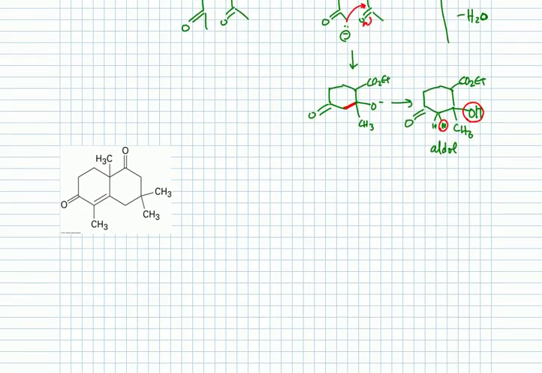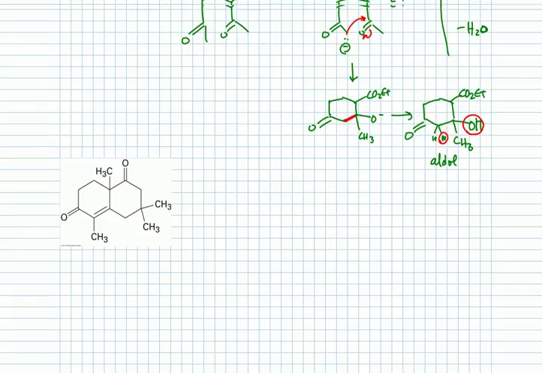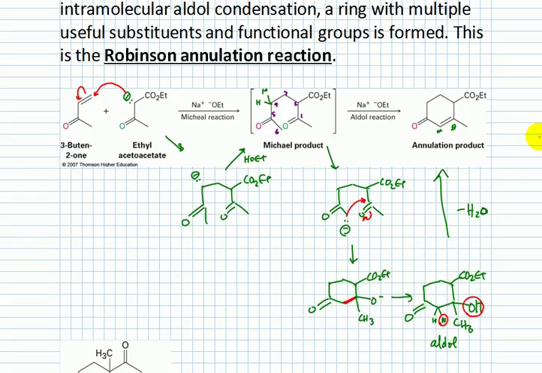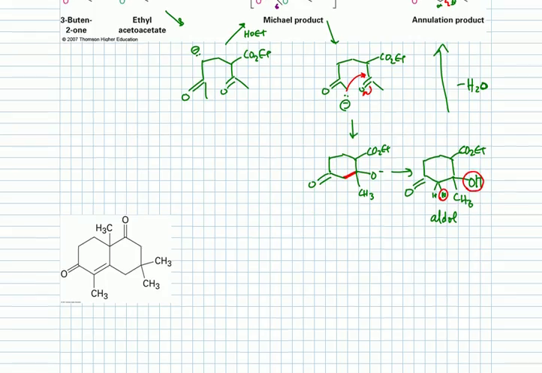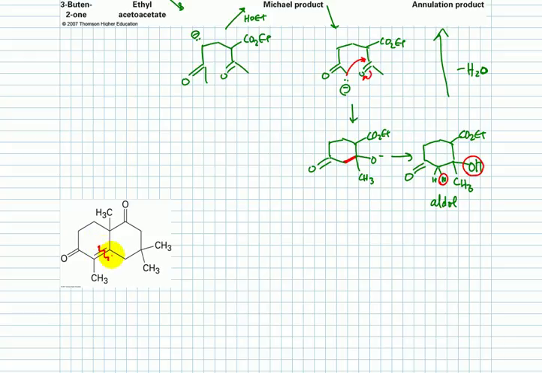So let's see if we can figure this out. Here's a complicated product. Okay? It's got 2 fused 6-membered rings, but it has an enone. Okay? And if we look at our reaction up above, the carbon-carbon bond that did the ring forming was the bond that eventually became the alpha-beta double bond there. So when we're doing retrosynthesis here, it's that alpha-beta double bond that was the last thing to be formed. So breaking that bond,